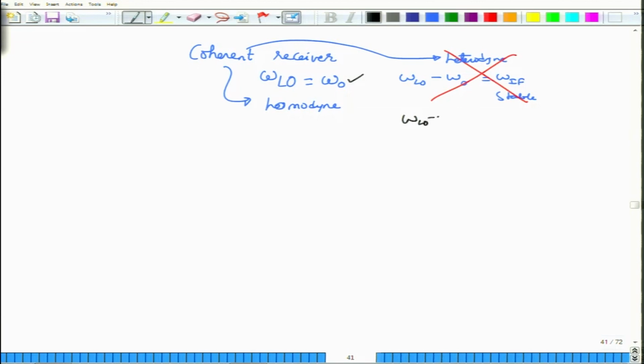But if the difference omega LO minus omega 0 is not equal to 0, and it is not very stable, then this is called the offset frequency or frequency offset, and this will actually impact our communication system, as we will see in later modules. So the lesson here is that a simple photodetector can never directly measure the phase. What you have to do to measure the phase is to use a coherent receiver. It is also possible to use the incoming signal itself as a reference, but that is not something quite popular today.